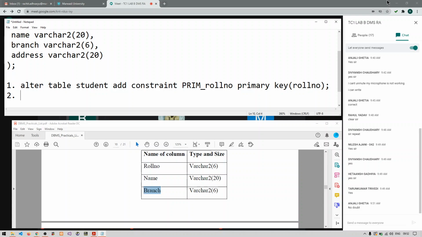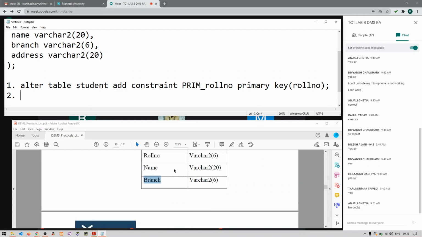Try to add a not null constraint on the name column first.